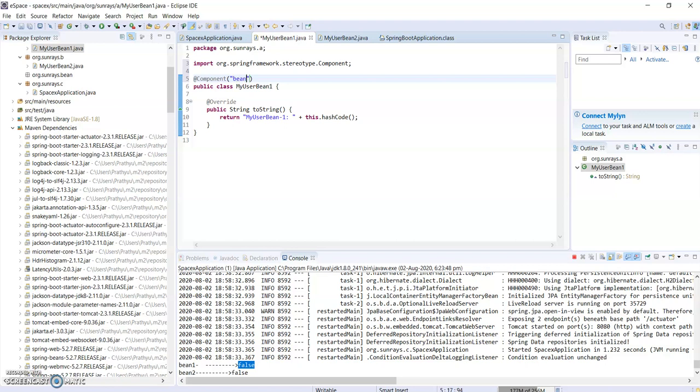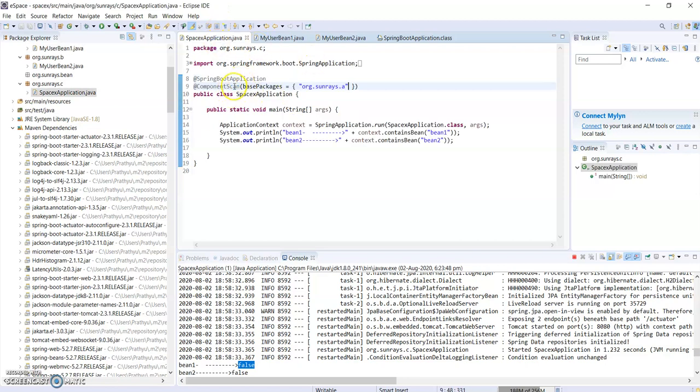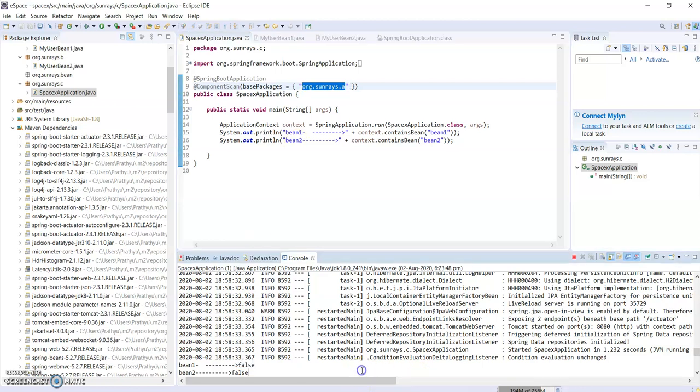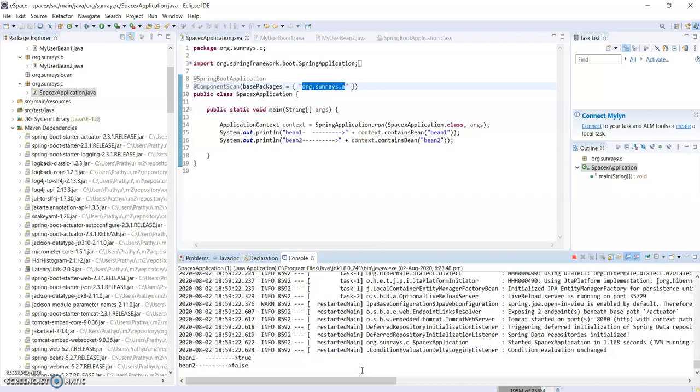So I'm providing bean1 and let's see. Now component scan will happen on this package. This annotation tells Spring to go through this base package and look for the eligible beans. So here bean1 got detected and it is configured in context.